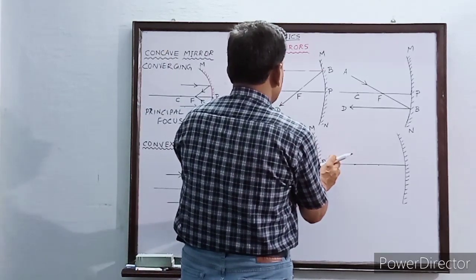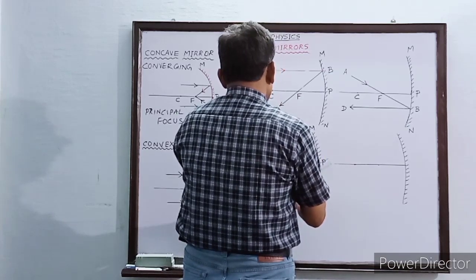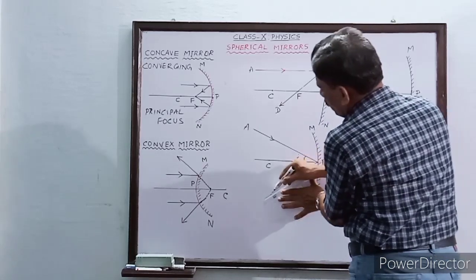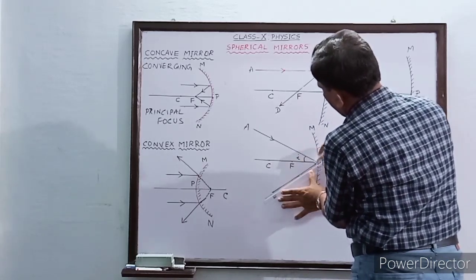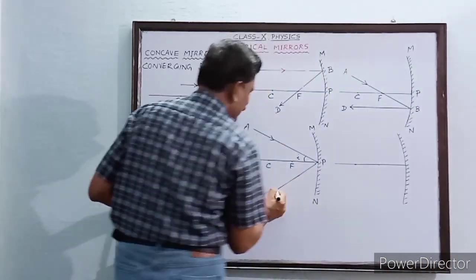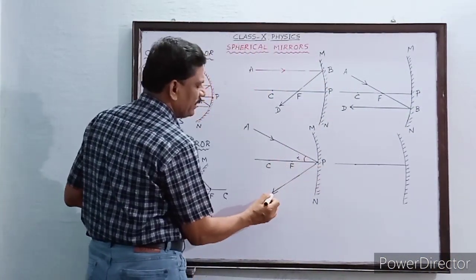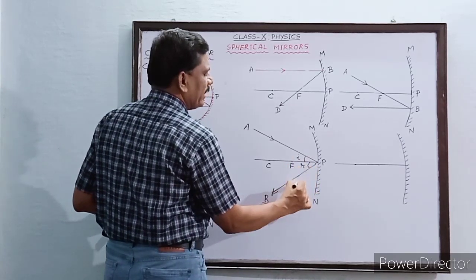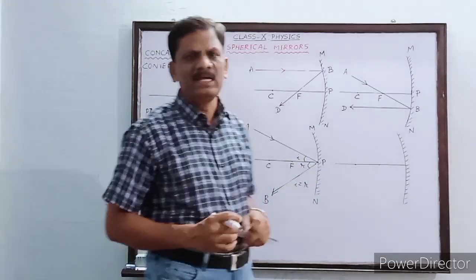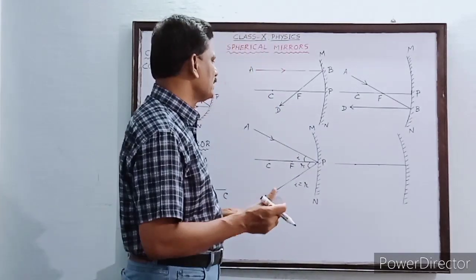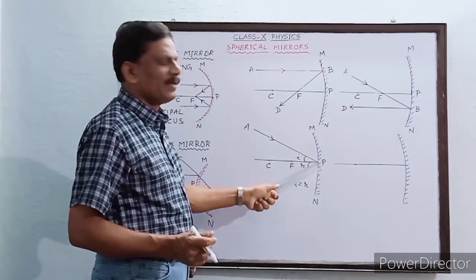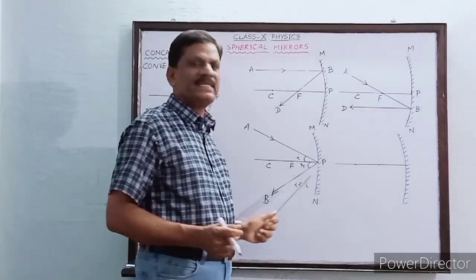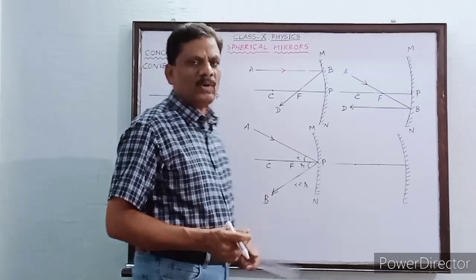So corresponding to this incident ray, the reflected ray will be emerging from P. We have to hold the scale in position and draw like this. This is the corresponding reflected ray. AP is the incident ray, PP is the reflected ray, and this angle is r. Here i must be equal to r as per the law of reflection. Okay, students, when the ray is incident at the pole of the mirror, it is reflected from the same point such that the angle of incidence is equal to the angle of reflection.